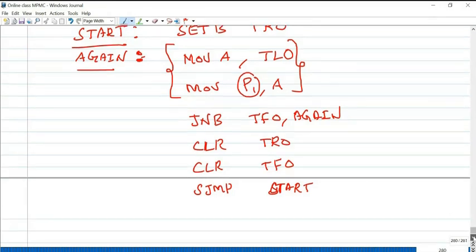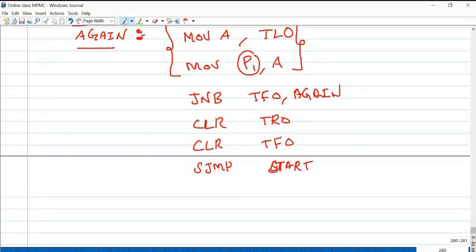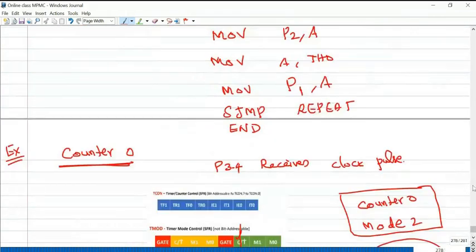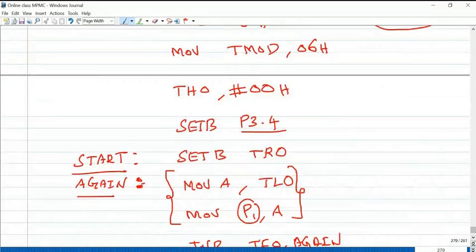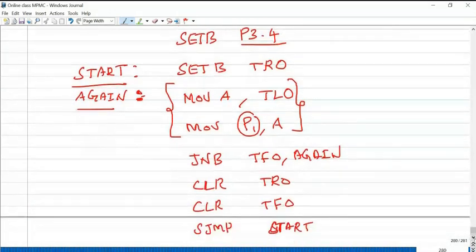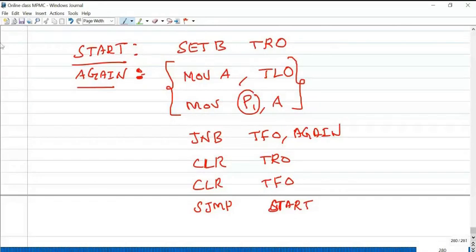TL0 can count up to a maximum of FF, that is 256 clock pulses. Once 256 is reached, the timer flag will be set, and an interrupt will be generated. Then you have to stop your counter, clear your flag, and jump to start. Again start the same procedure. So this assembly language program we completed in the morning classes.